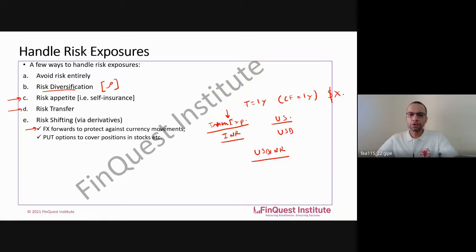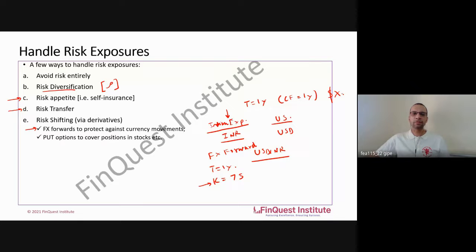So what I could do, in order to hedge this concern, is approach a local bank and tell them let's enter into an FX forward contract. That is, this is a commitment which me and the bank are entering into. Today we simply sign on a piece of paper and we say that at time equal to 1 year, we will exchange our cash flows at a rate of 75, come what may. So it doesn't matter at the 1 year time point whether the rate is 74, 73, it's not important because we have agreed on 75 today. So our exchange happens at 75.